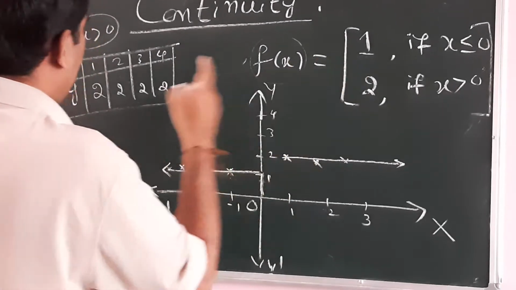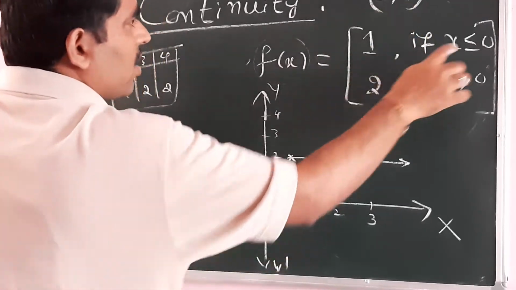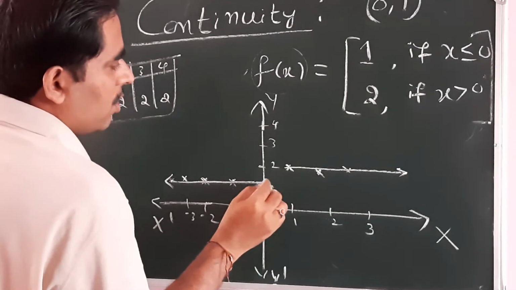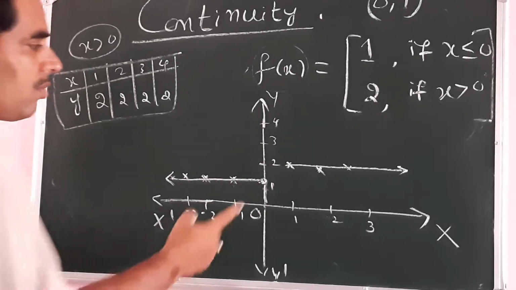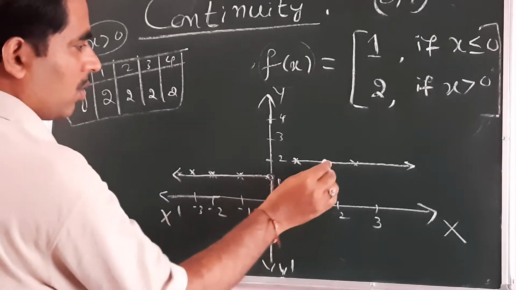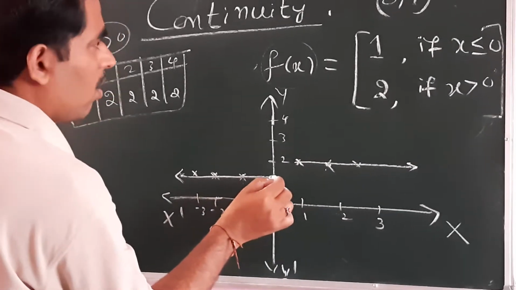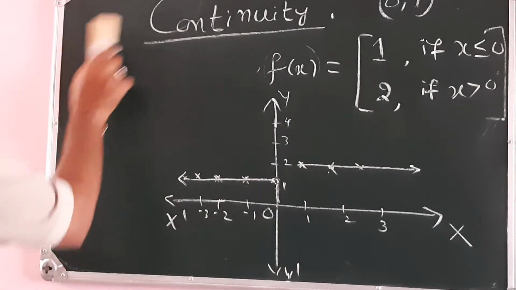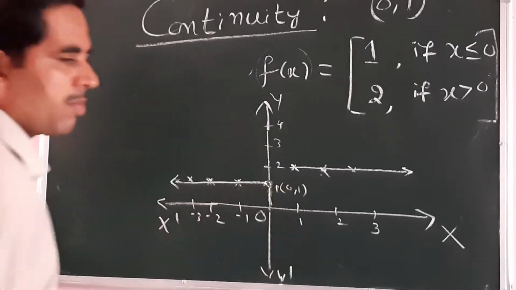So earlier, if I give x equal to 0, I got y equal to what? 1. So 0 is included. So (0, 1). So it is here, (0, 1). I took (1, 2), (2, 2), (3, 2). So I got these two here. So observe this carefully. So we have completed the graph here. This point is (0, 1).